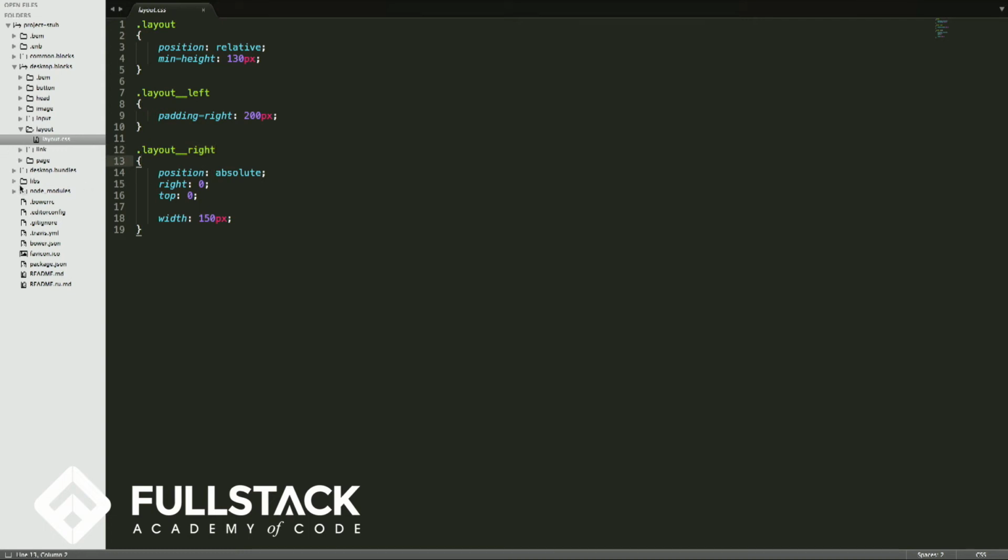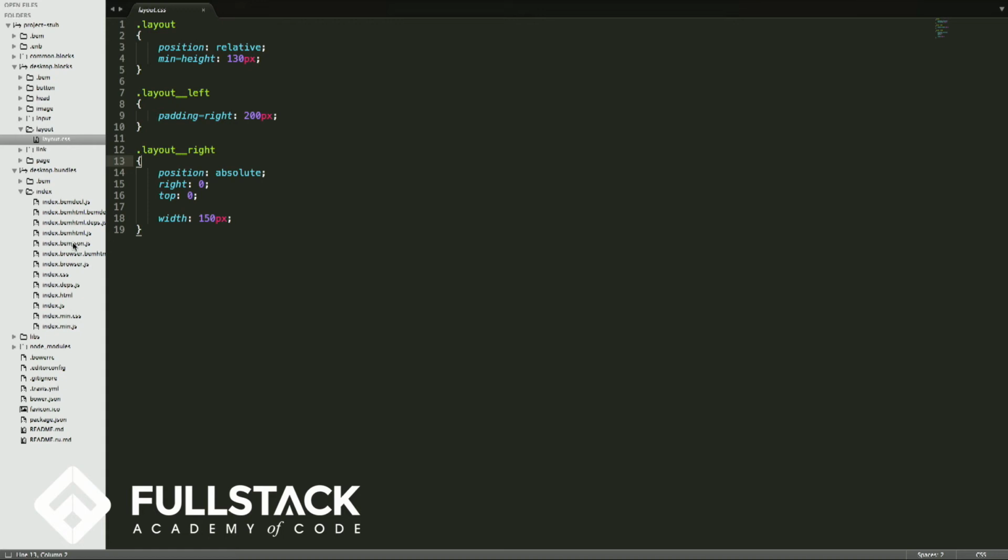Now, I've talked about how blocks are arranged and folder hierarchy a little bit. Let's talk about this desktop bundles folder. This is where I actually store my pages. So here I have an index page, and this might look a little intimidating. There are a lot of files in this index folder, but there's really only one we have to care about